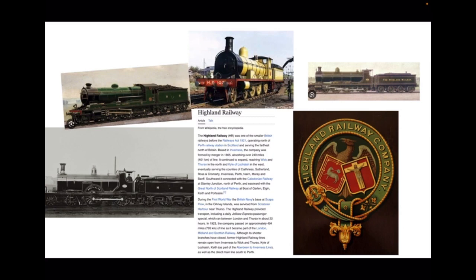Southward, it connected with the Caledonian Railway at Stanley Junction, north of Perth, and eastward with the Great North of Scotland Railway, both at Boat of Garten. During the First World War, the British Navy's base at Scapa Flow in the Orkney Islands was served by Scrabster Harbour near Thurso. The Highland Railway provided transport, including a daily Jellicoe Express passenger special, which ran between London and Thurso